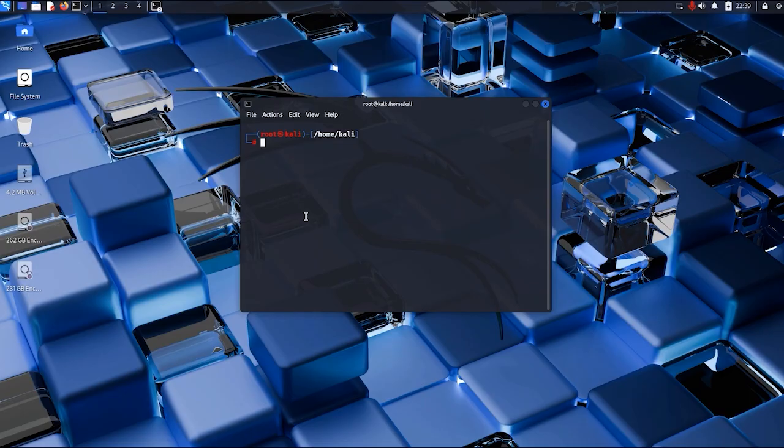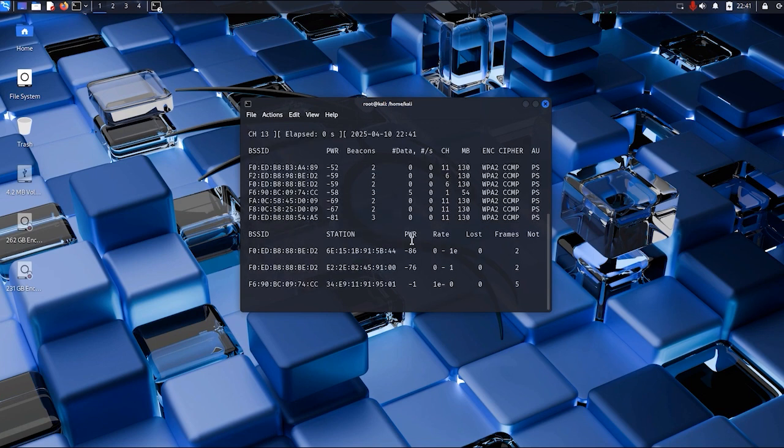So now we have understood how packet sniffing is done. Let's do it real quick on our terminal. To perform packet sniffing, we just have to use the simple command, that is airodump-ng and then the interface name. So let's get it quick on our terminal. We just have to type airodump-ng and then the interface name, that is wlan0.